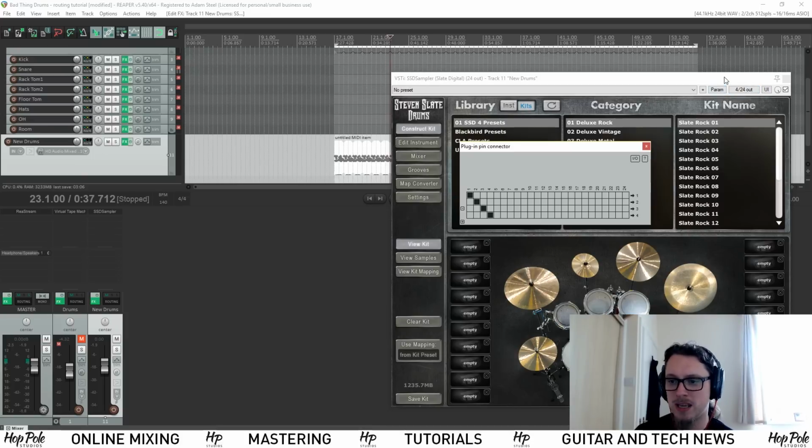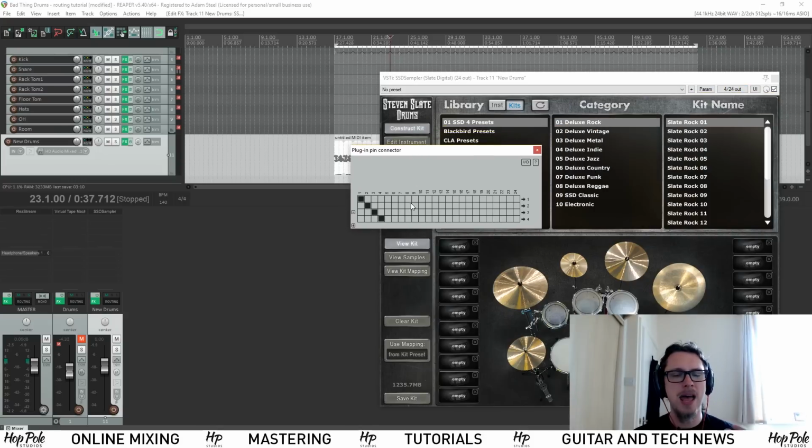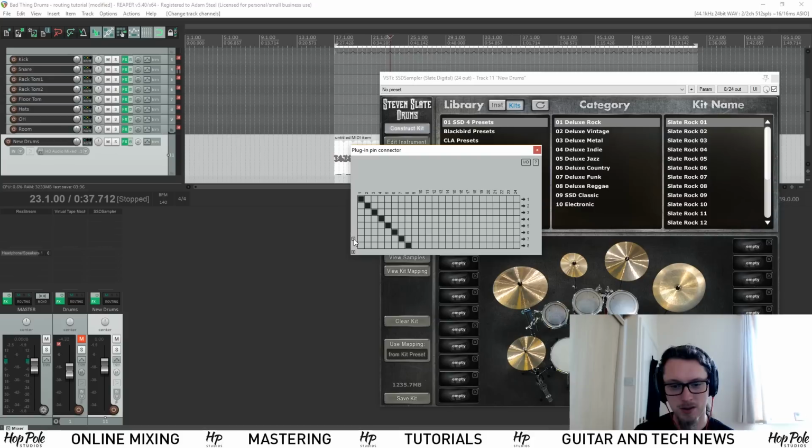Now, generally speaking, these are all stereo, so I tend to think of them in pairs of channels. I mean, you can do mono routing if you so desire, but I keep it simple. I go kick on a stereo channel, snare on a stereo channel. I mean, processing power is so efficient now that choosing between a mono and a stereo plugin really doesn't make a difference. And most of the plugins that I use now are stereo only anyway, so I just stick with this. So I'll go 2 for the kick, 2 for the snare, 2 for a tom, 2 for another tom,